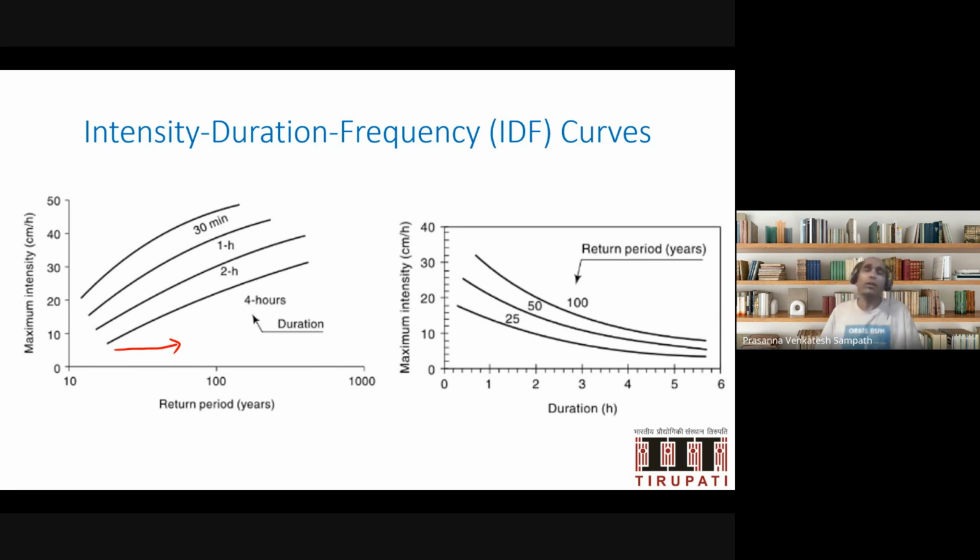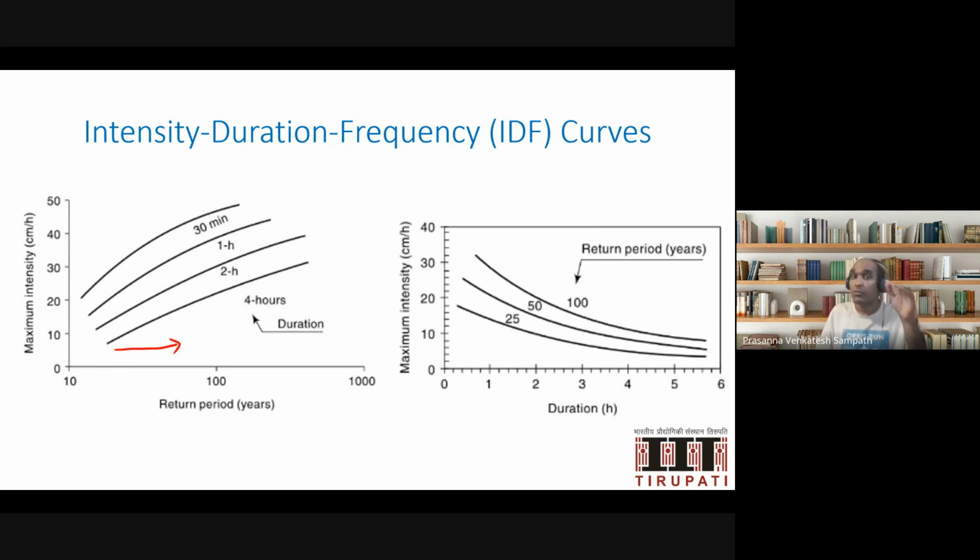Now, just take a look at any one of those curves. Let us say there is a 30-minute storm happening at a particular location. So a 30-minute storm with a return period of 10 years, what does return period of 10 years mean? A return period means how likely such a storm will happen at that location. What is the likelihood of such a storm happening? A storm with a return period of 10 years means it will happen once in 10 years. It is a probability, it doesn't mean it will definitely happen. The probability of it happening is high, right? So a return period of 10 years means a storm of a certain intensity that happens once in 10 years,